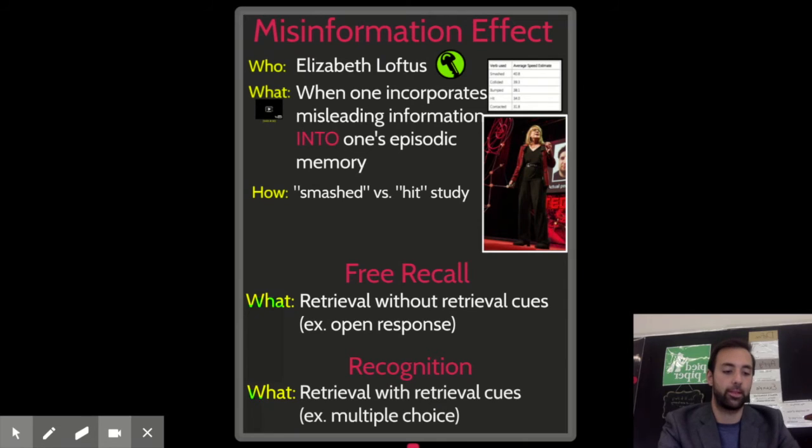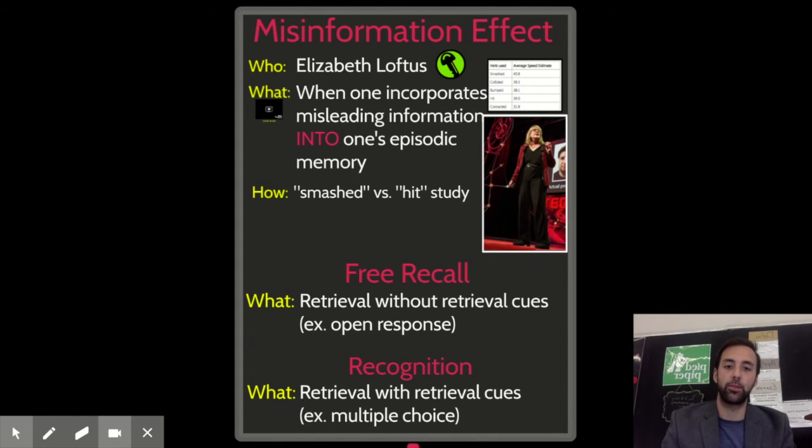There's two connecting terms that relate not only to the criminal justice field, but also the misinformation effect. And the first is what we call free recall. It is way more ideal to ask somebody really open-ended questions when you're trying to gauge their memory of an episodic event. So, for example, if you were the witness to an accident or to some type of crime, a police officer or whoever should ask you really general, broad, open-ended questions. What did you see? That way, you have no influence whatsoever. There's no possibility of the misinformation effect.